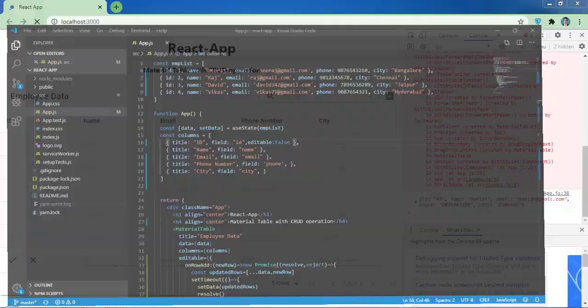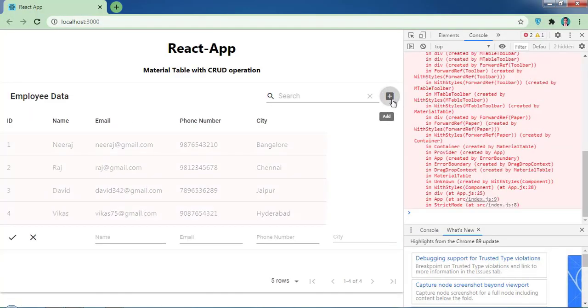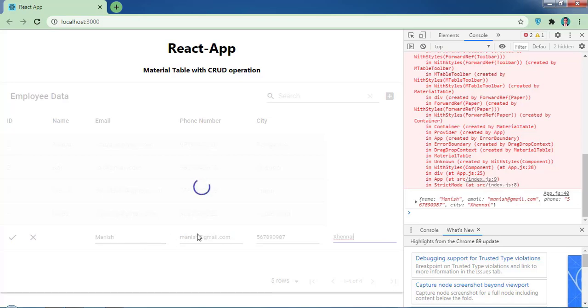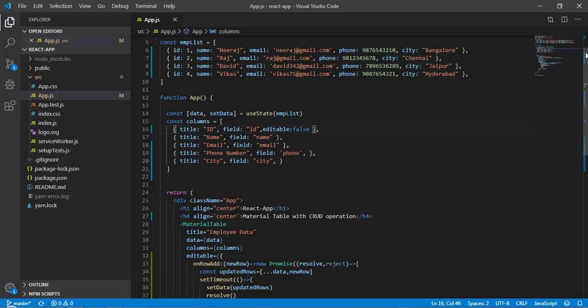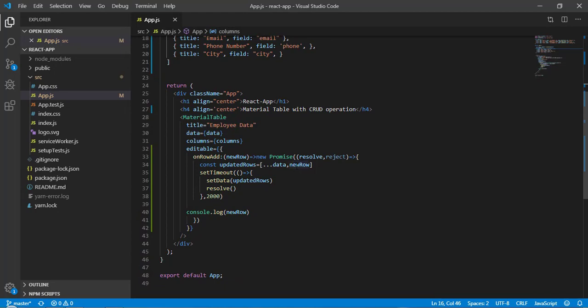Okay, so now let me save here and come back. So now we will not be getting this ID field anymore. Okay, so now if we are trying to add here something, now hit enter. So you can see here our row got added without ID. Okay, so now our task is to provide the ID here. So in order to do that, what we will do here is, from here, because this is the new row, okay, so what we will do is we will update our new row.